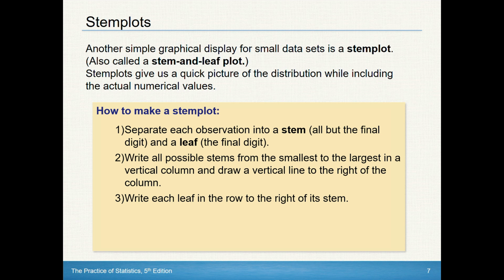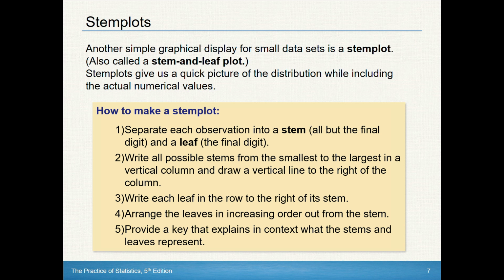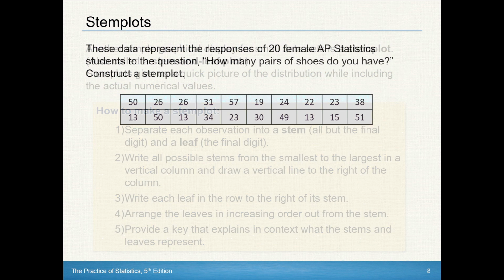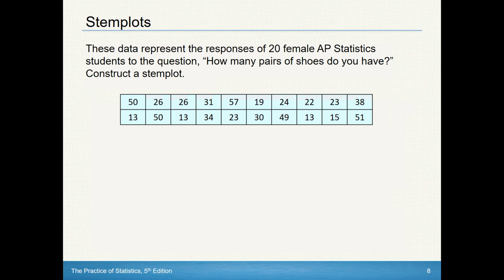And then you write each leaf in the row to the right of its stem, and we usually separate them by a comma, and they're written out in increasing order after the stem. And you always want to make sure you have a key, just to make sure someone doesn't misinterpret the values that they're looking at. If we look at this example here about how many pairs of shoes do you have,